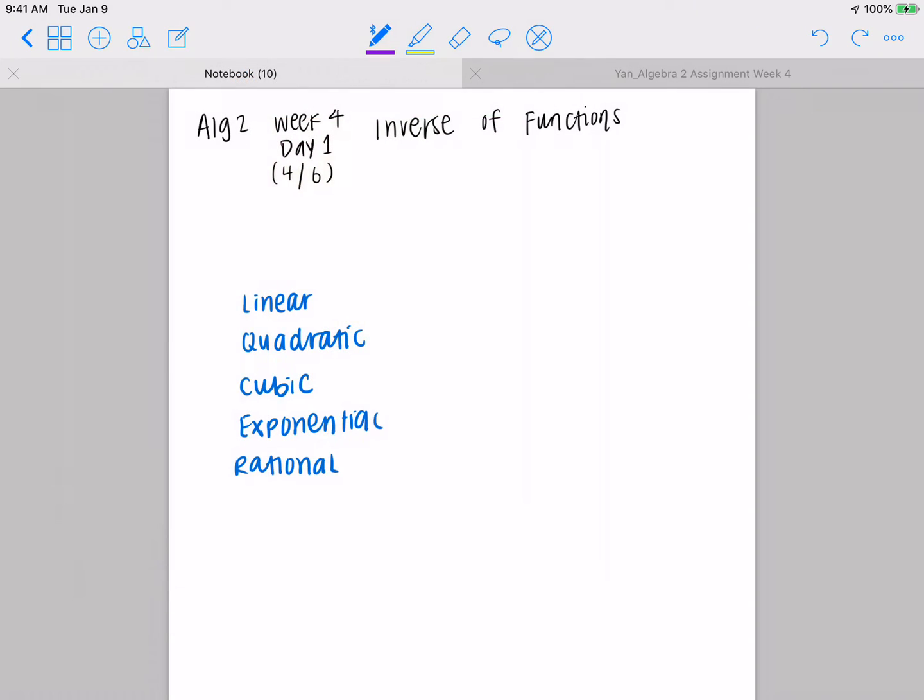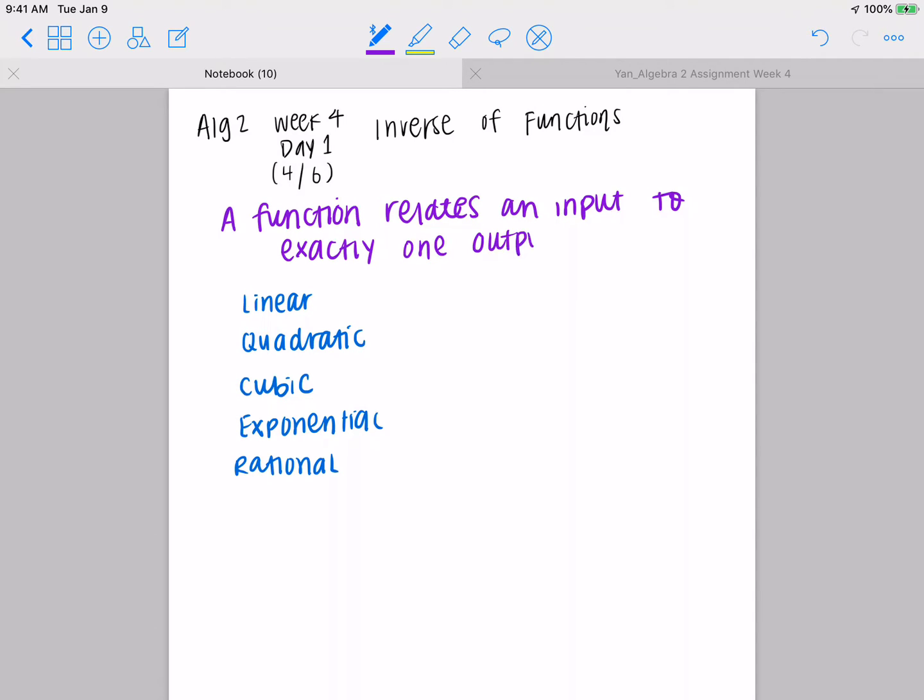So first off, a function relates an input to exactly one output. Okay, so you probably have done this back in Algebra 1 when we have two circles and everything from like